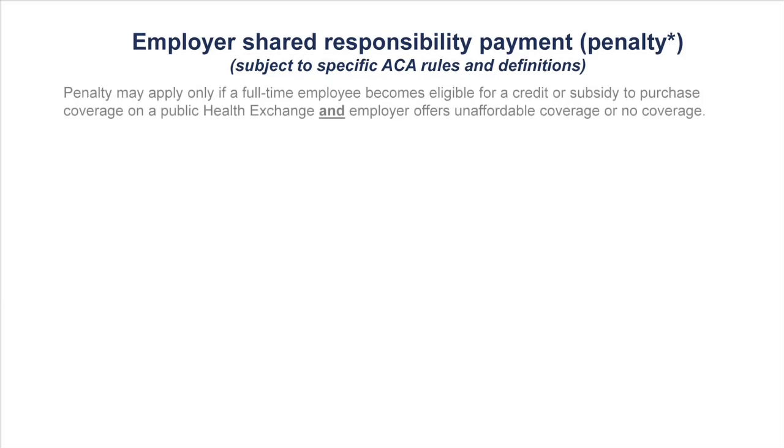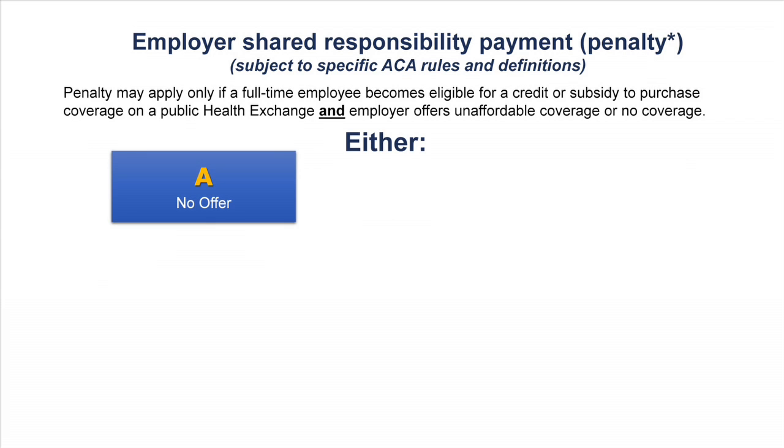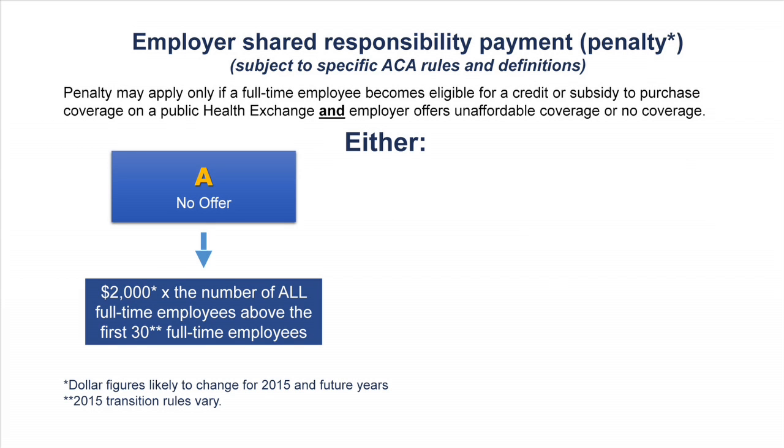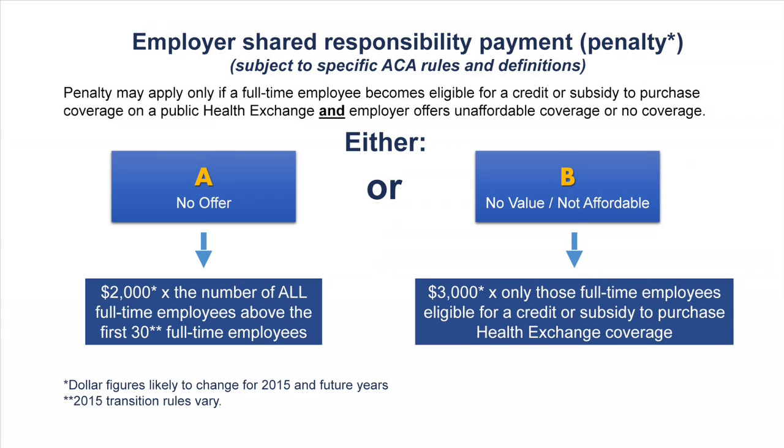We've all heard that large employers who fail to offer appropriate coverage can be subject to penalties. Now, could you outline what those penalties are? Sure, Ben. So basically, the penalty is only triggered if a large employer has an employee that's a full-time employee that goes out on the exchange and is eligible for a credit or subsidy. And there are two potential separate penalties that could apply to a large employer. They're fairly complicated and details are on the slide. One is more stringent than the other, and that one relates to if the employer is not offering coverage at all versus if the employer is offering coverage, but it's not minimum value or affordable. So there's clearly a lot at stake here.